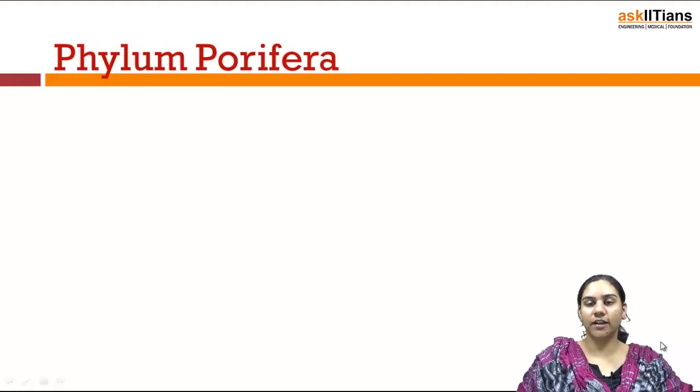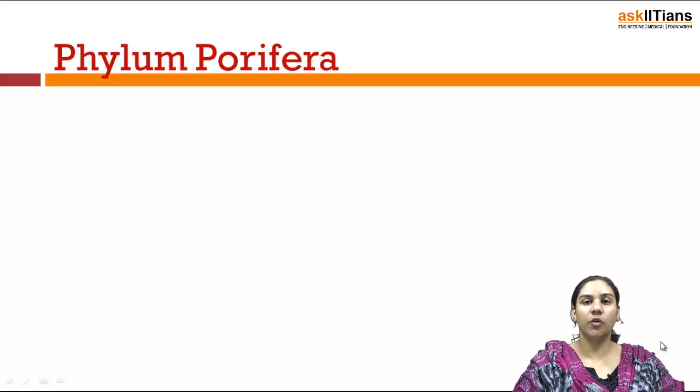So let's start. Now we're going to start with the various high-level groupings of the animal kingdom, and among the 10 phyla we will be starting with the first phylum, that is the phylum Porifera. Phylum Porifera includes the sponges, which have cellular level of organization, are radially symmetrical animals, and are diploblastic animals also. So in the phylum Porifera,